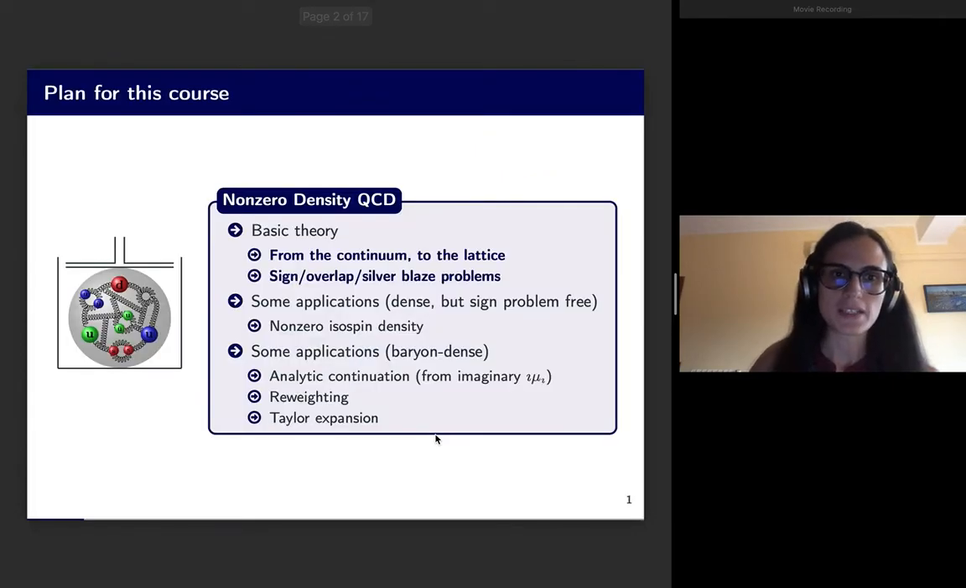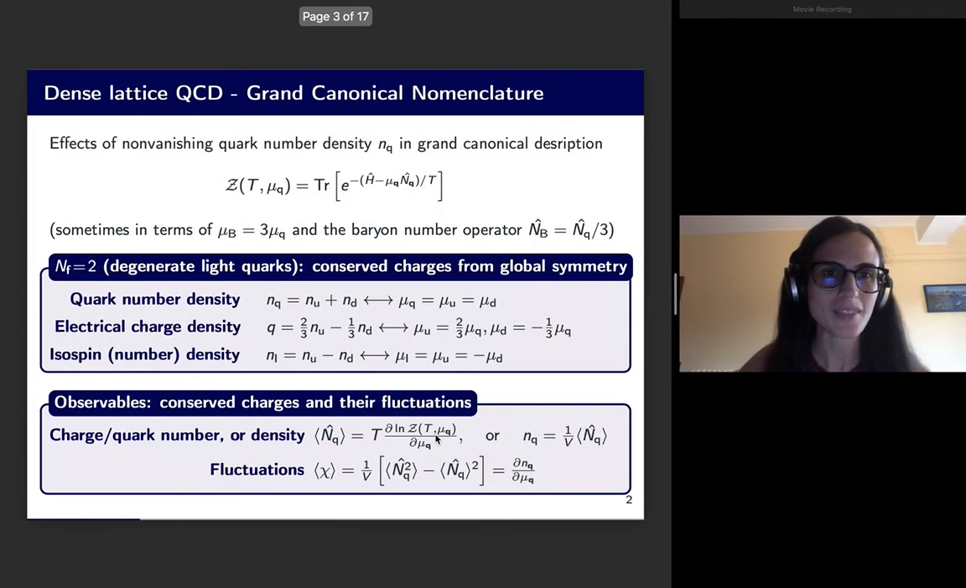In this video we will start focusing on the basic theory of non-zero density QCD, in particular go from the continuum to the lattice like we did in the case of non-zero temperature, and we will discuss three important facts about non-zero density QCD, which happen to all be called problems, and these are the sign, the overlap, and the silver blaze problems. But let us start by simply stating that effects of non-vanishing quark number density are to be